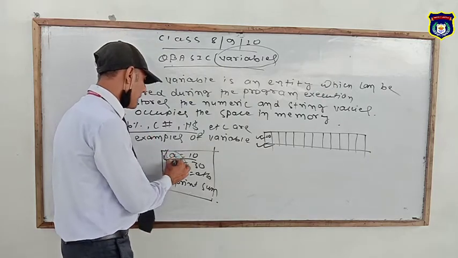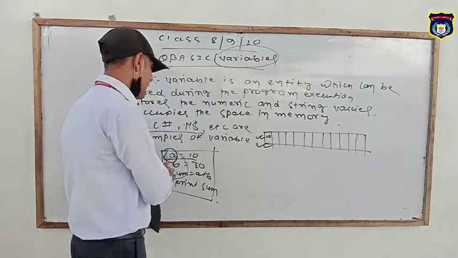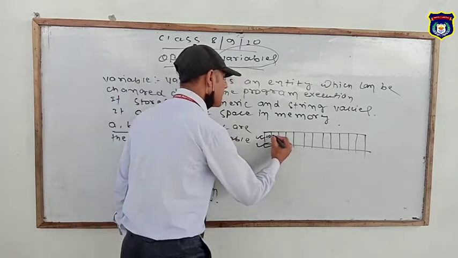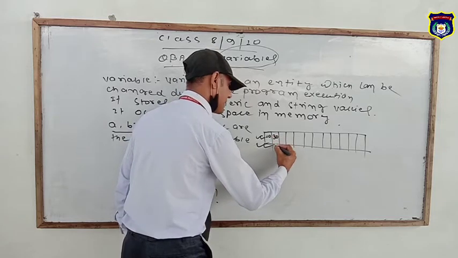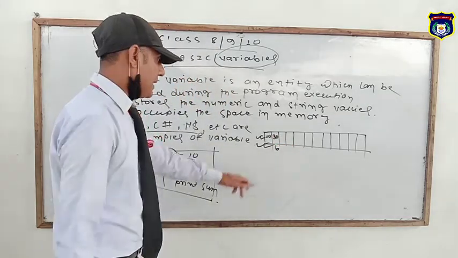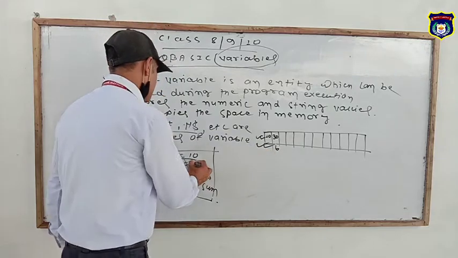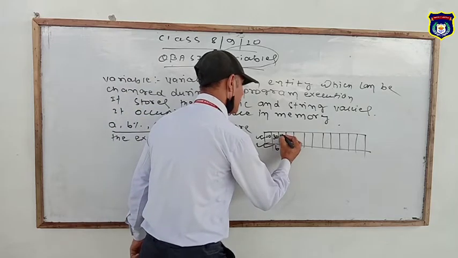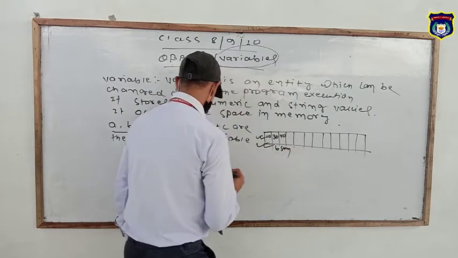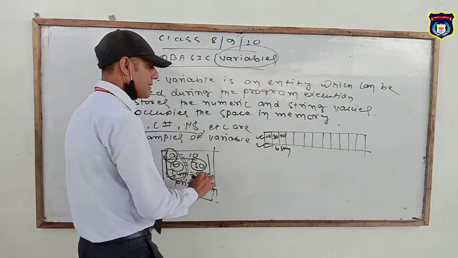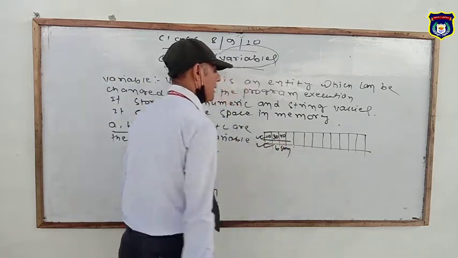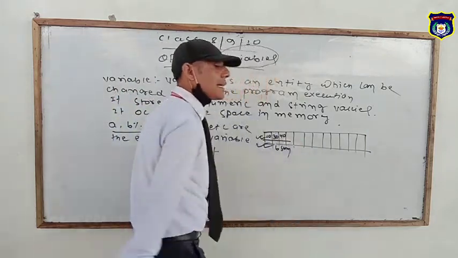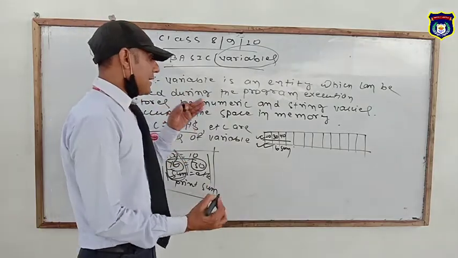That means a variable creates an index. When we use a variable, it creates an index. B equal to 30. That means 30 is stored in this index B. B is the index name, the address where the constant is stored. Sum equal to A plus B, that means 30 plus 10, 40. That means sum variable. So if you create 3 variables, then 3 indexes are created. If we use 4 variables, 4 indexes are created, that means a variable creates an index.